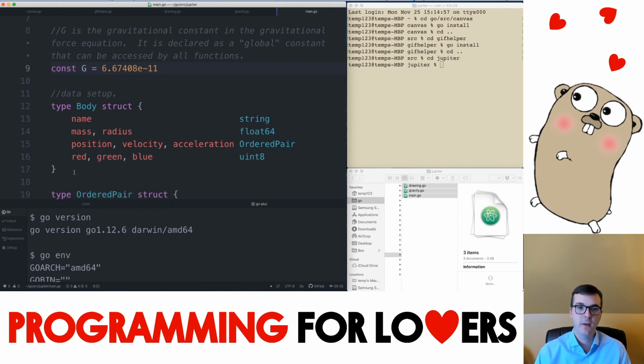And last time we saw that we represent each of those in terms of its components. So position will be represented as its x and y coordinates. But velocity and acceleration will be represented as its x and y components as well. Then I'm going to have a red, green, and blue field as well. In this case, for a given body, I'm going to let it have a color, and